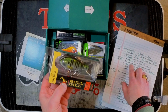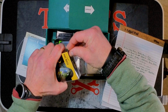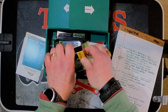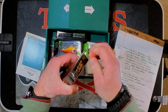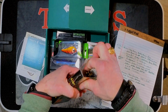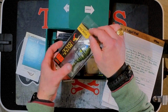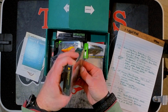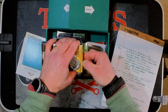I got a bunch of info here, so I'll share this with you as we go. Let's go ahead and get it out while I'm talking. This is designed by Mike Bucca, who is in fact regarded as the swim bait king. Why can't I open this box? Is this taped by chance? There we go. All right, guys. Mike Bucca is a guide down in Georgia, and Spot Country Guide Service, I think, is the name of his guide service. But he's also regarded as something of a swim